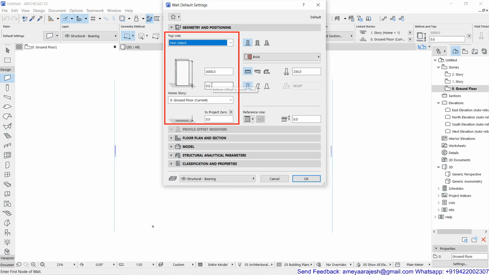Again, I'm not going to change anything at present. So be careful, we are not touching these values. We are just accepting them as they are. Home story is by default ground floor. So this ground floor wording you can check out. It is available over here also, and even on your current window which you have selected for your drafting. Okay, so just keep on having these things on your screen. Don't worry in case the ground floor word is missing and only the story word is there. It's absolutely fine.